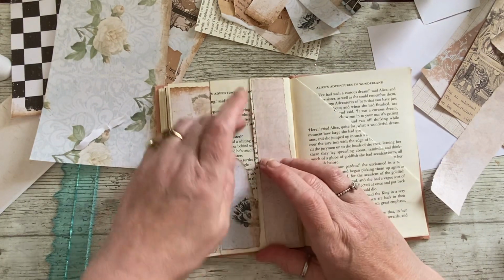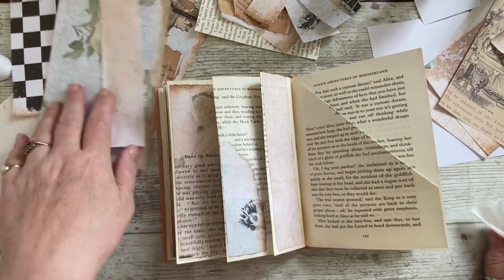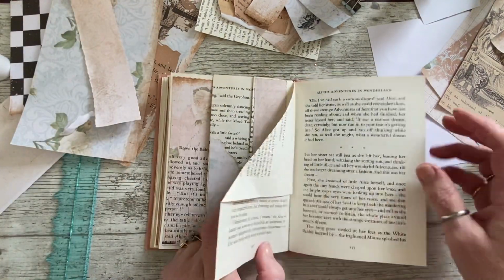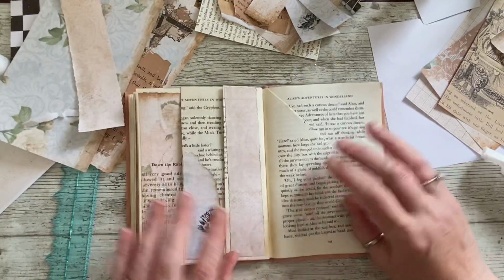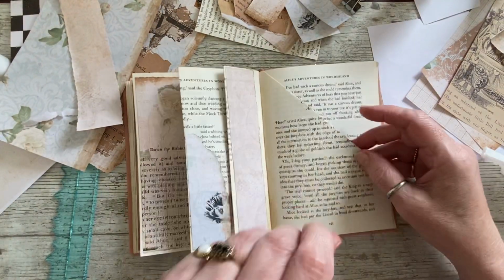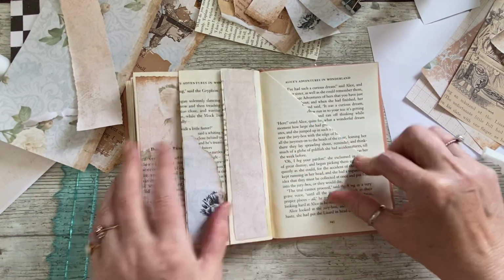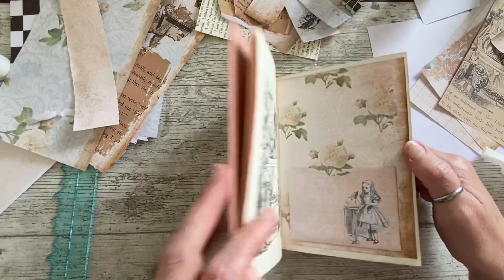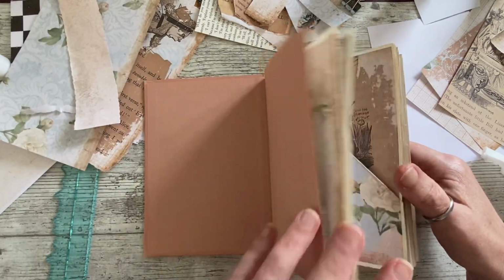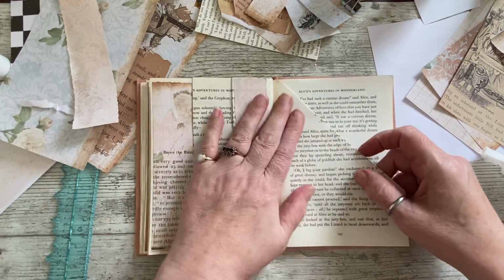Yeah, I like it like that. With that, that's better. It's not quite so blocky and contrived, if you know what I mean. Right, so this is the last one, and I was having a little think about it. We need to stick that down, but not till we've done, because then I can't work on it. And I was thinking, because I've got another one of those. Now I know it's probably the opposite way, is it? Yeah, no, it's the same way as that one, look. So I thought it's the only one that we've got the same